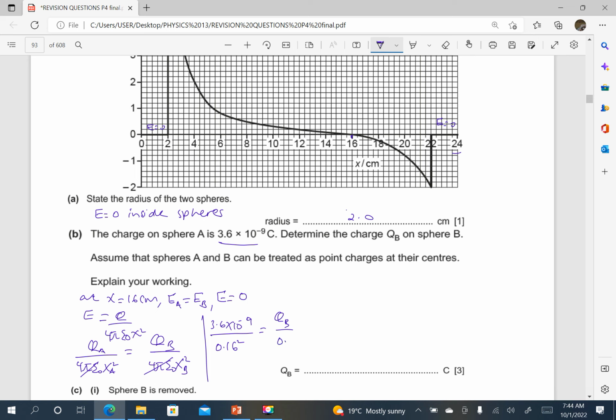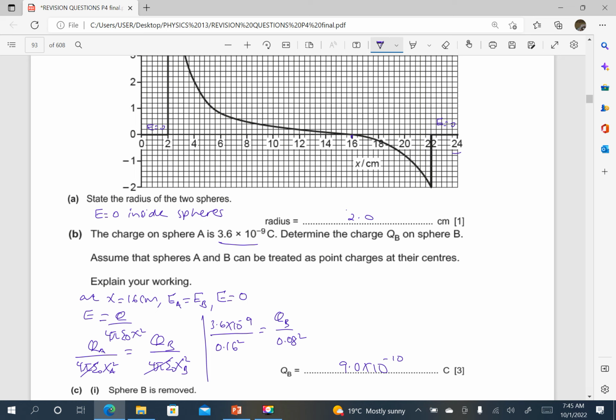So this is going to be 0.08 squared. Then you press your calculator, just cross multiply to find the charge on sphere B. So I'm finding that the charge on sphere B is actually 9.0 times 10 power negative 10